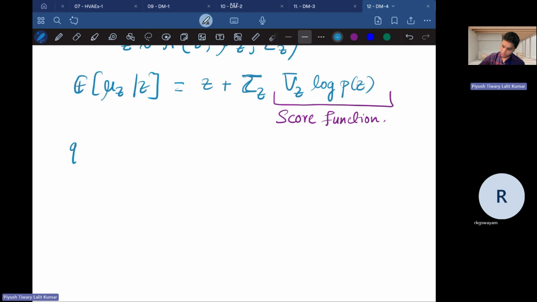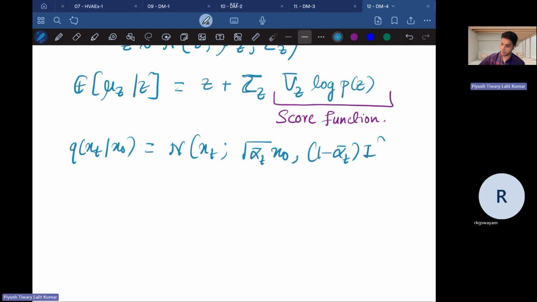So let's think about it. You have q of xt given x naught. This is again a Gaussian distribution, right? This is Gaussian of xt centered around root of alpha t bar x naught, comma 1 minus alpha t bar I. This is what it is, right? We know this. So then